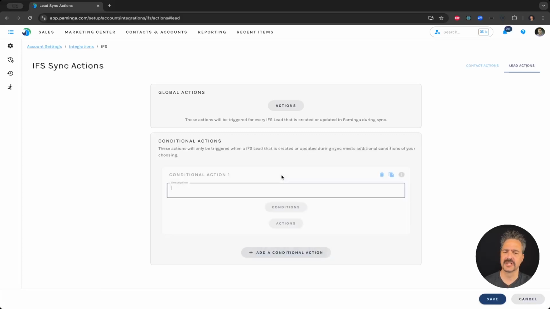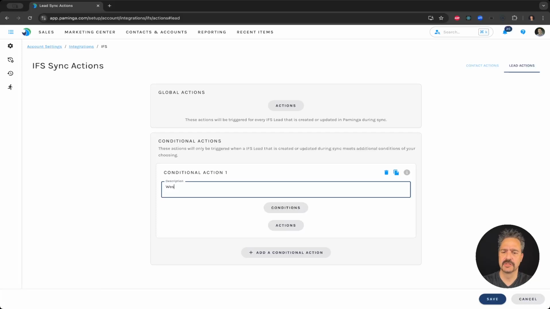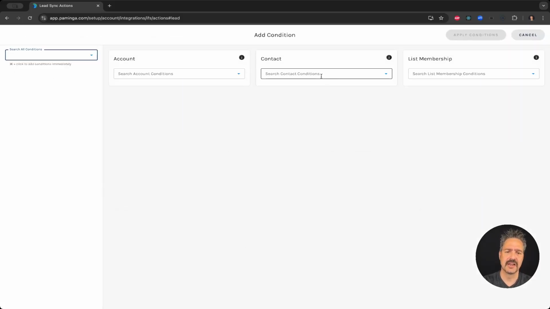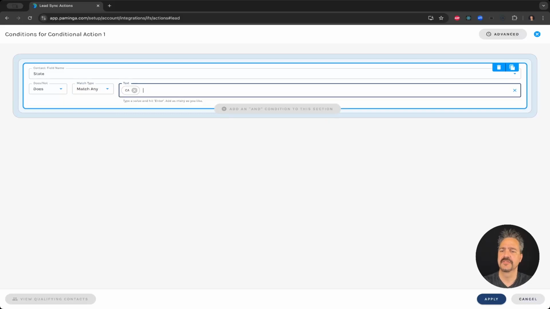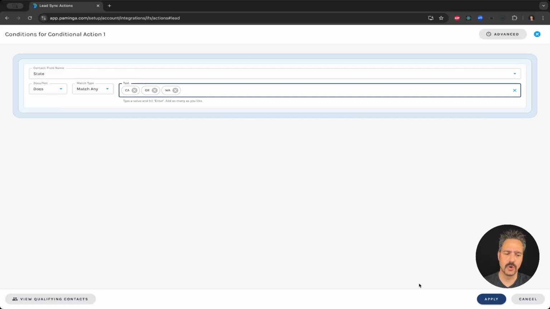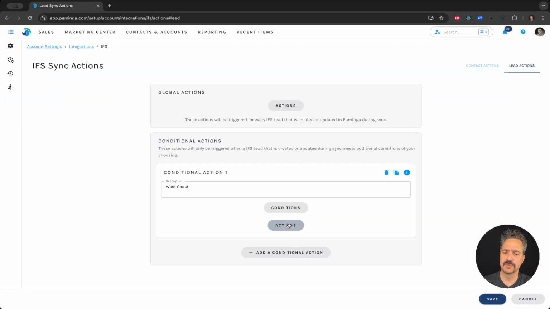Let's take a quick look at a conditional action. Let's say we want to deal with leads on the West Coast, right? So we'll say, what are our conditions? And I'll go fast here, right? I'll say if the standard field called state does match, I'll say no, match any of these. We'll say match California or Oregon or Washington. Boom. So now if they match California, Oregon, or Washington, we'll meet our conditions, and then we'll take whatever